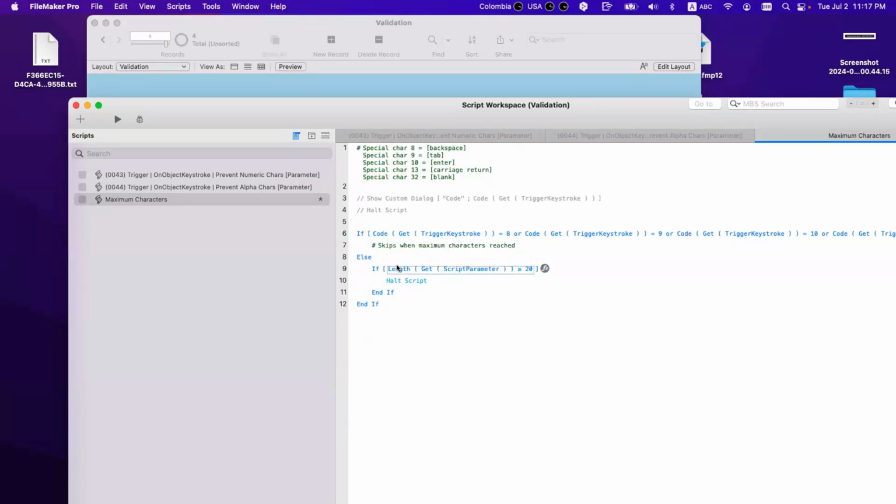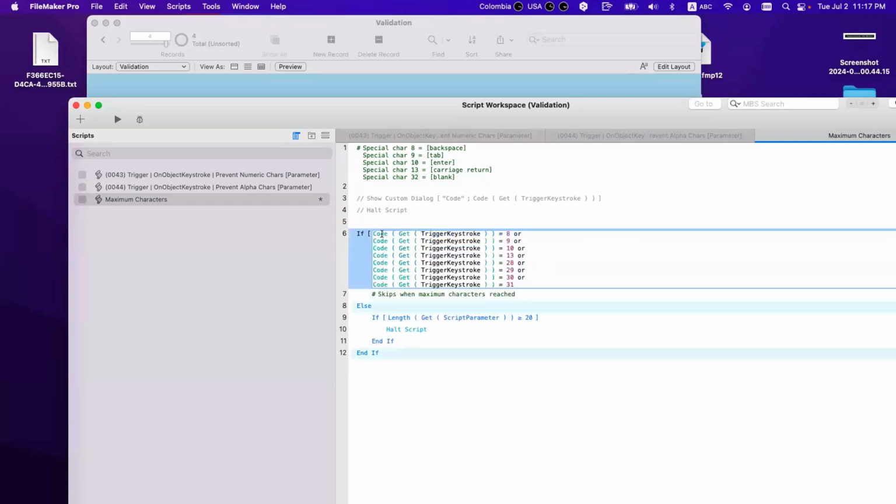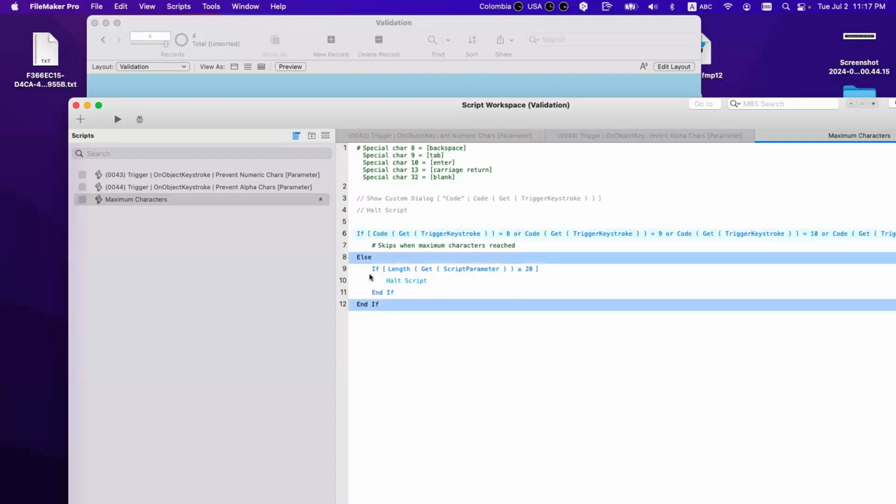Okay, so what you do is this: you say code equal 8, or code equal 9, or code equal 10, 13, 28, 29, 30, 31. If the code is this, then ignore. Don't do that.